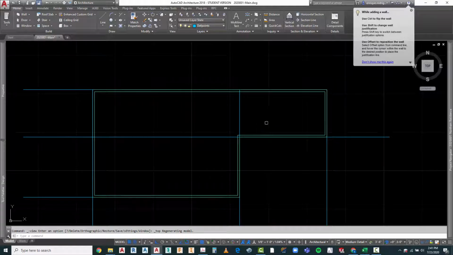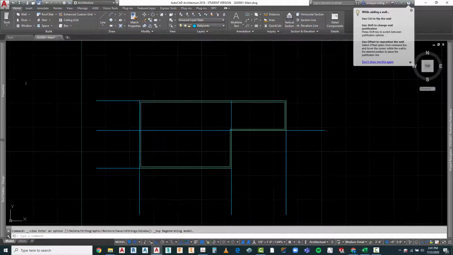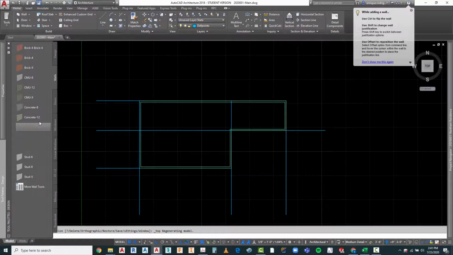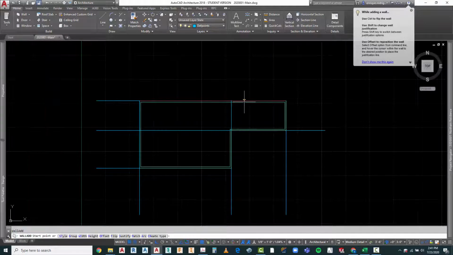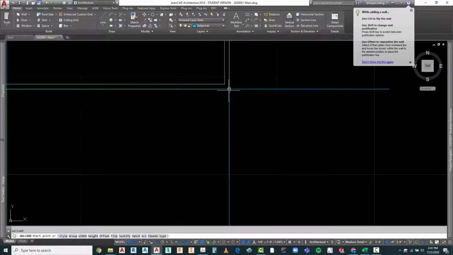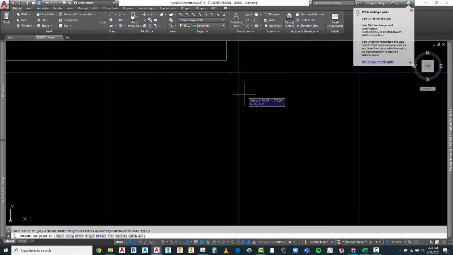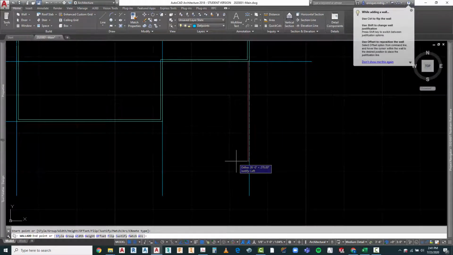So what I'm going to do now is begin with my garage walls, begin to draw those. I need to change from my stud 6 to stud 4. Again, looking at the markups, you can tell that the walls going around the garage are going to be stud 4. So I'm going to draw this way. My justification happens to start on the outside. I'm going to draw this way. I'm going to draw this way,